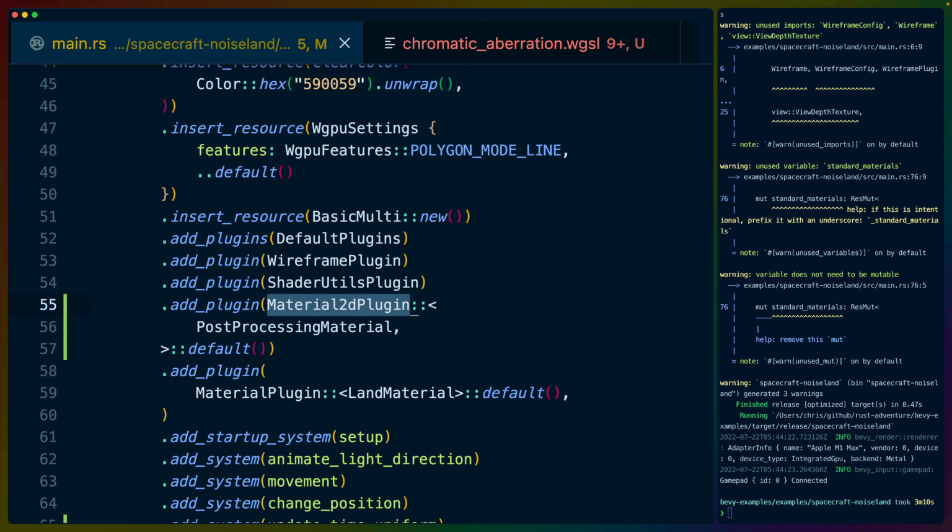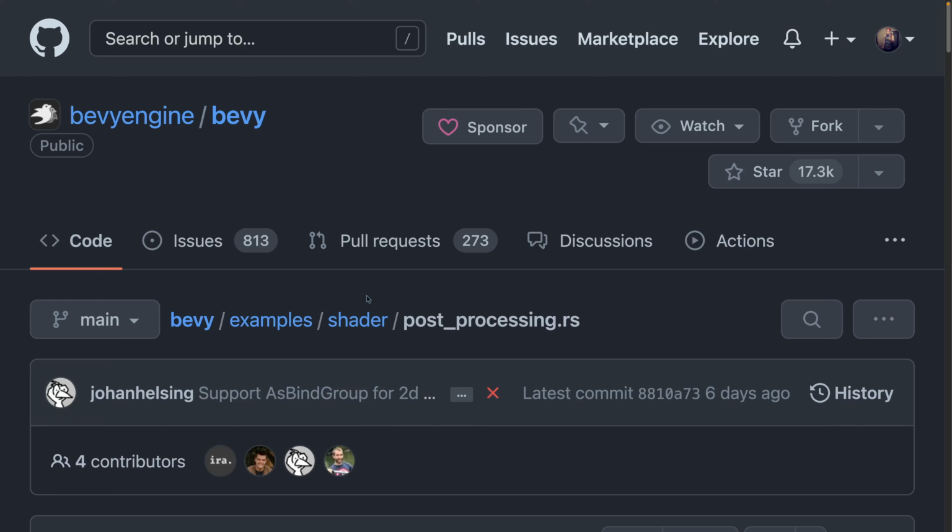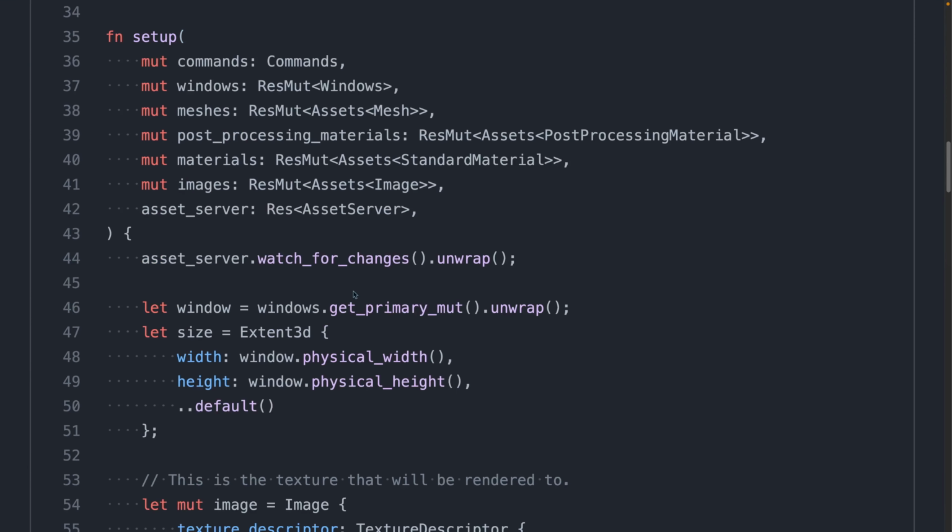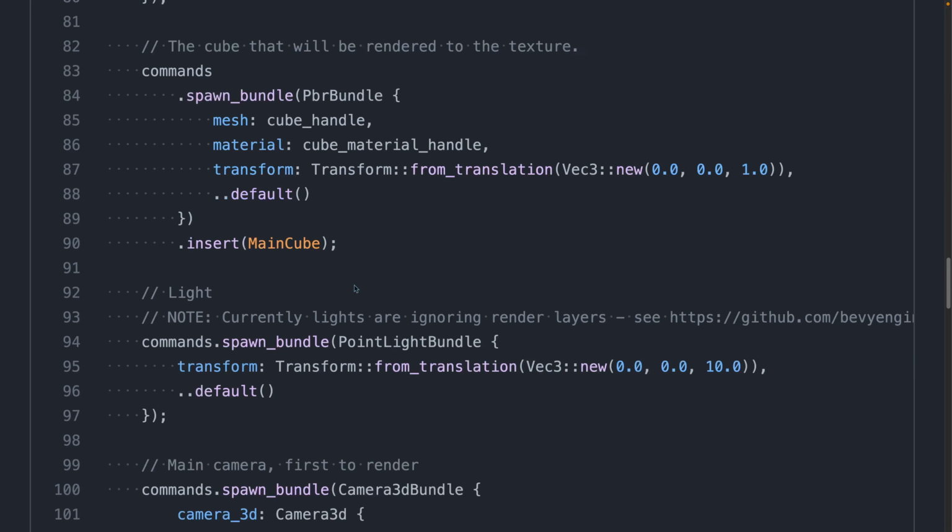And to do that, we're using the Material 2D plugin for a new custom material that we called a post-processing material. I've called it post-processing material because I started working on this by using the example code in the Bevy repo. So if you go to the Bevy examples shader postprocessing.rs example, then you will see a smaller example of